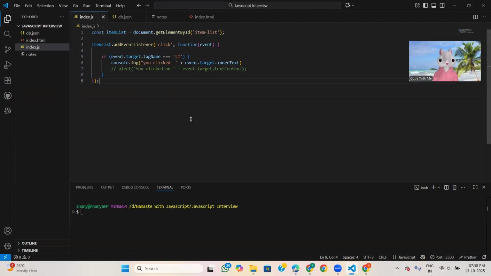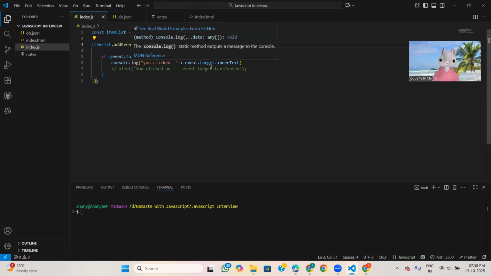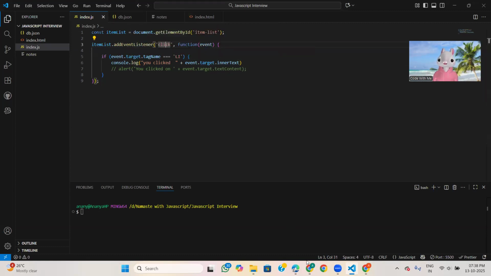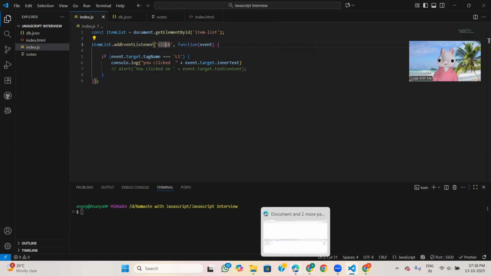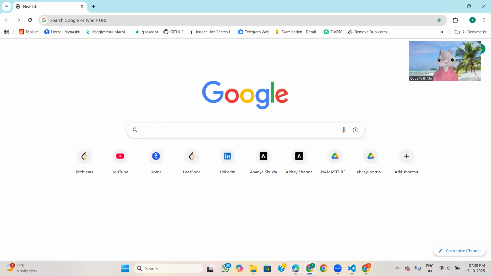Here we use a callback. Inside the event listener we apply this function: when we perform a click operation, if that tag name is li, then whatever is showing there, you print that only. Okay, now let's move to our topic.